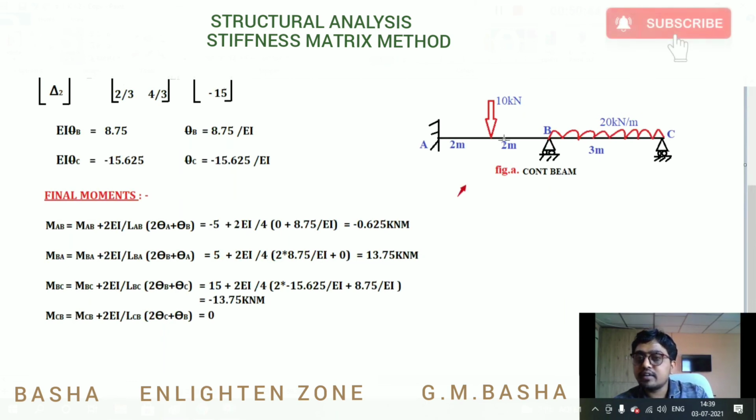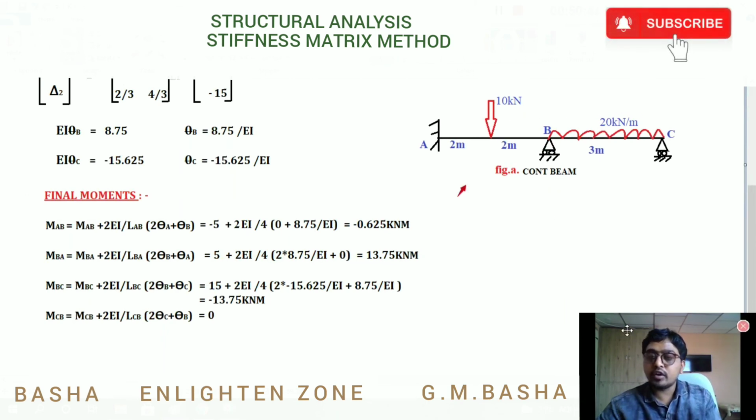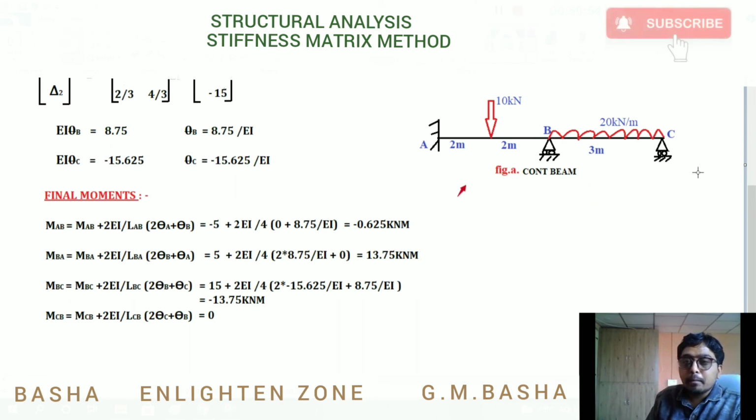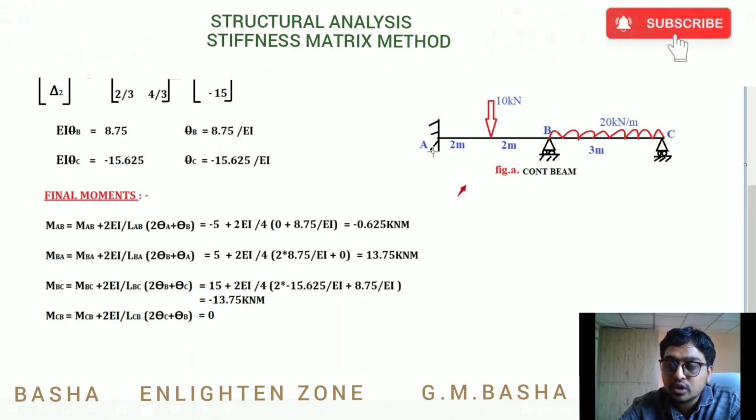See here, this is the given condition. In this condition, as already told, our basic unknowns are the displacements, that is at B and at C. So you obtained this theta B value here and theta C value here, and at A the slope will be 0. Therefore, whatever the unknowns, we can obtain them by using this stiffness matrix method. After that you can find the final moments also. For finding the final moments, we can take the slope deflection equations.